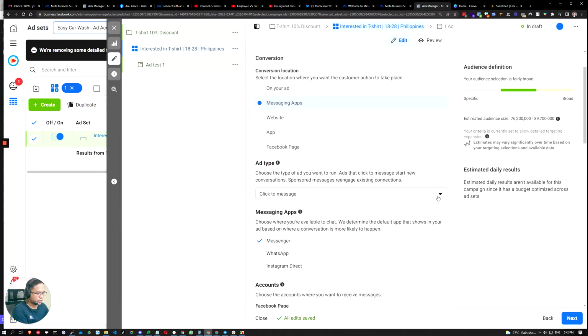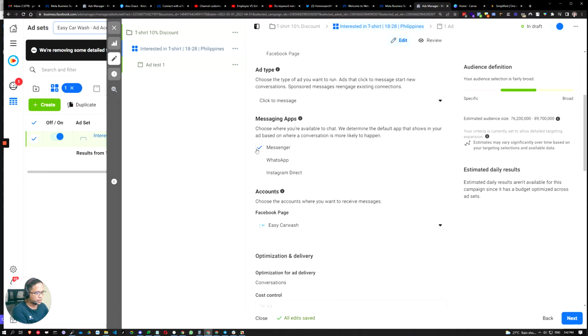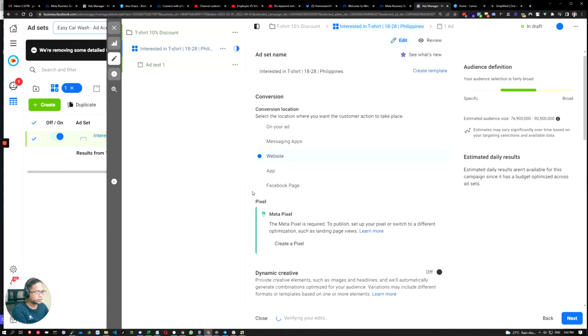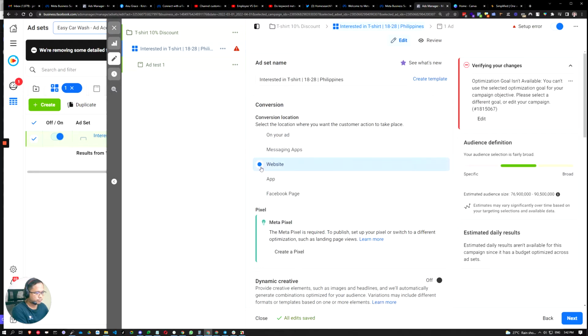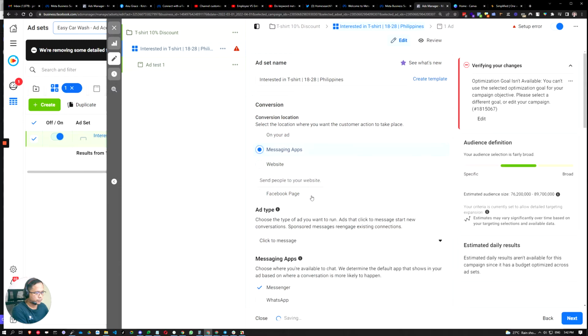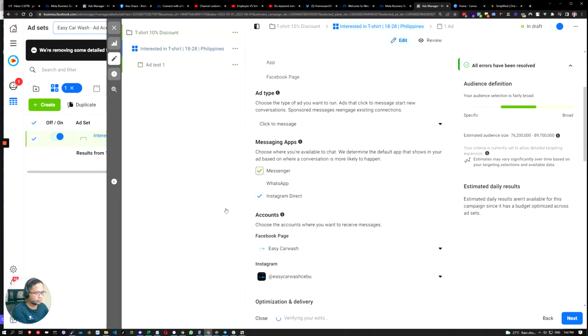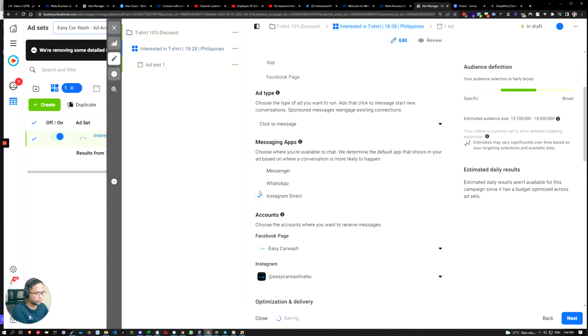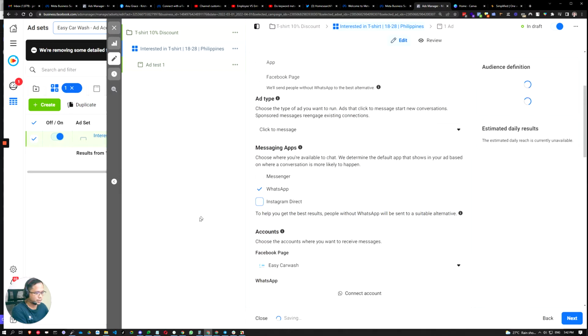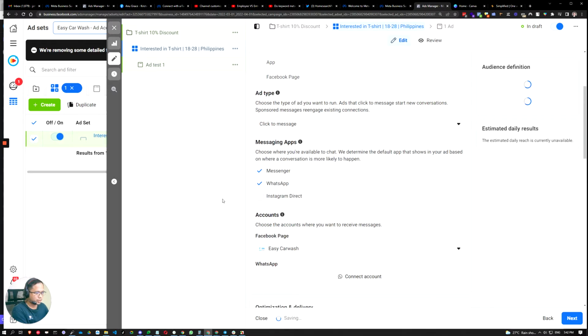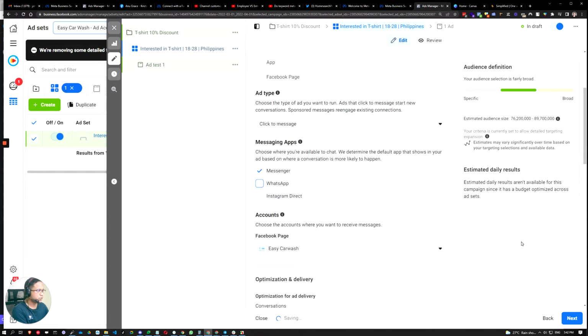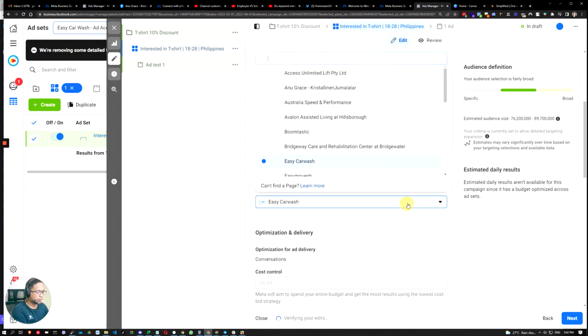And then of course here, make sure you are on click to message, and then in the messenger you can also do Instagram. If you have an Instagram, you can also do WhatsApp if you have a WhatsApp account. But let's make this one simple. Let's do messenger, that's the common one. And make sure you are going to choose the